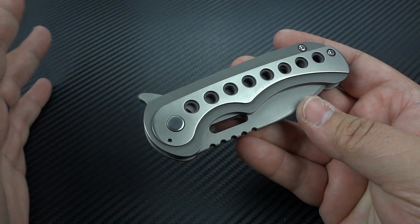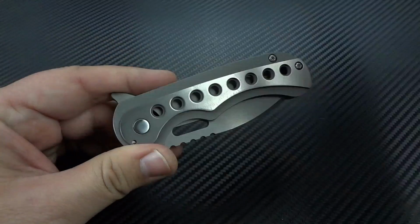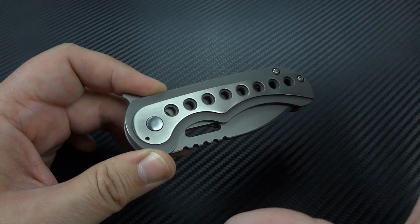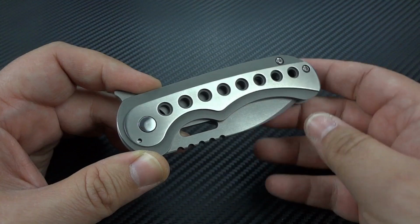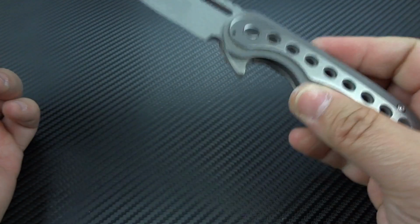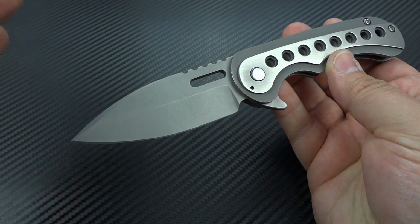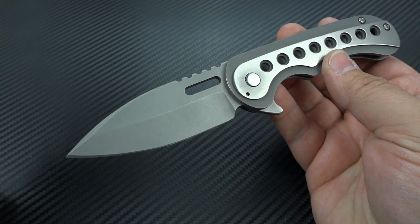And there's nothing wrong with doing colors. If you wanted one of these done in blue and green or whatever you wanted to do, that's your thing. But this is a great standard clean, all gray, all silver look that has a two-tone that allows you to see the depth of all the work that he's done. And I think that's a really great option. Take a look at that. Nice, clean Spearpoint design. He does also offer this in a Tanto design as well, and I played with both,